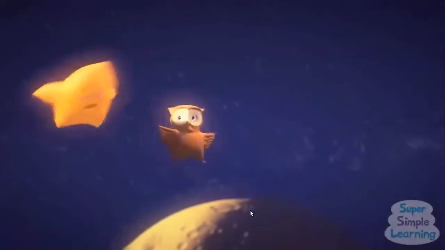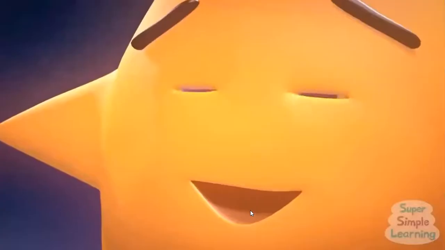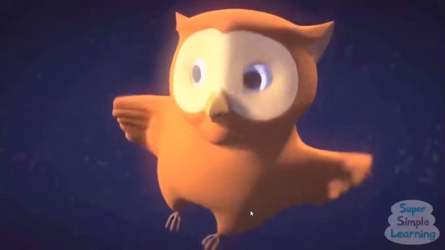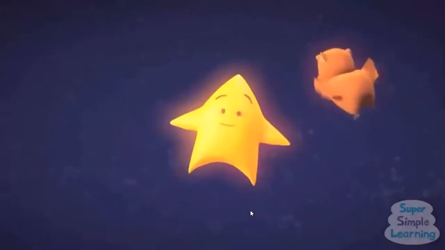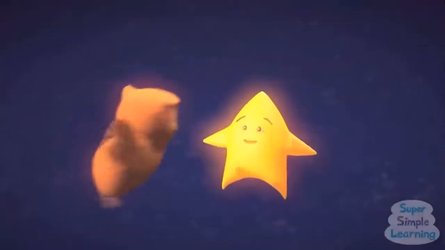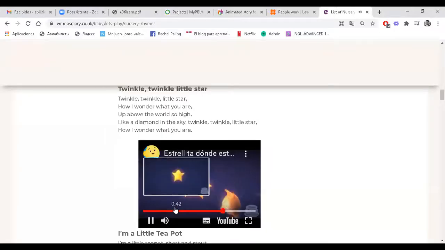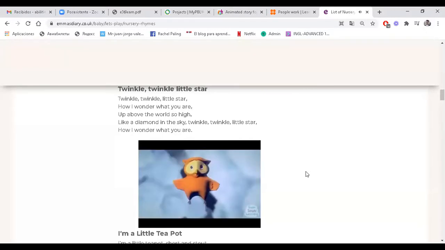Twinkle, twinkle, little star, how I wonder what you are. Up above the world so high, like a diamond in the sky. Twinkle, twinkle, little star, how I wonder what you